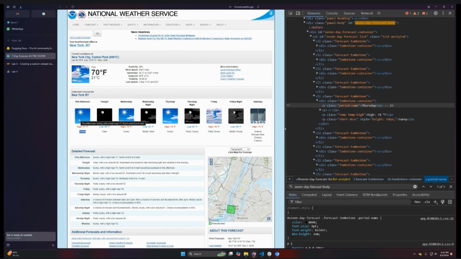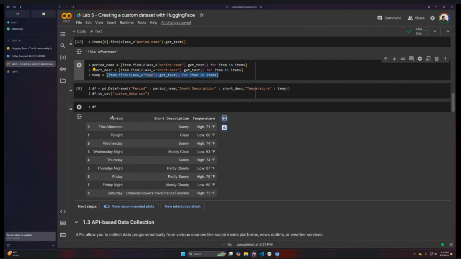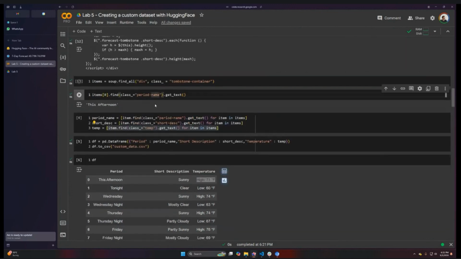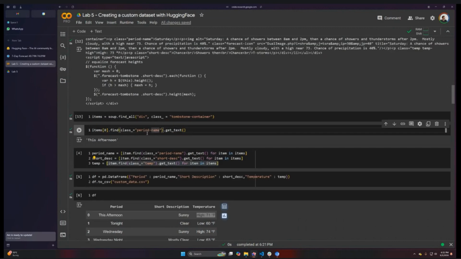And that's our data. Now, when I store it, you will see exactly what I scraped. So we have period, we have short description, and we have the temperature. And we got the full data for the New York City for the next 7 days, just by calling a couple of Python methods. Okay? So that's how you do